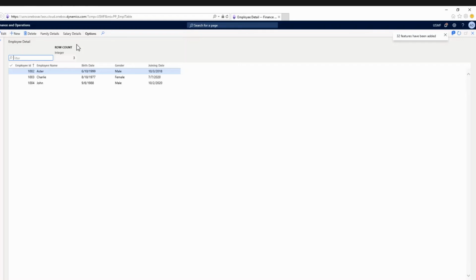Here you can see the rows count is coming as 3 because we have 3 records, and it's coming in the header. So it was very easy, right? It's very easy to create a display method.